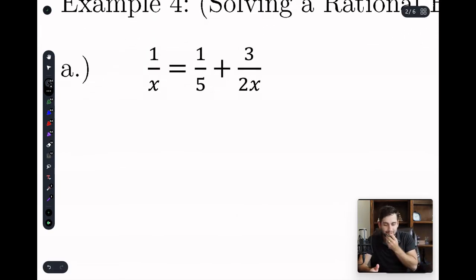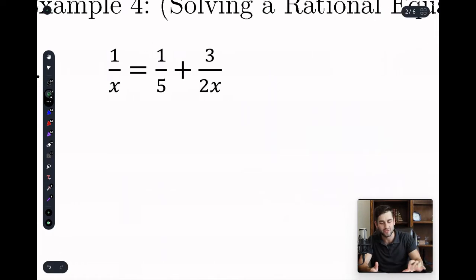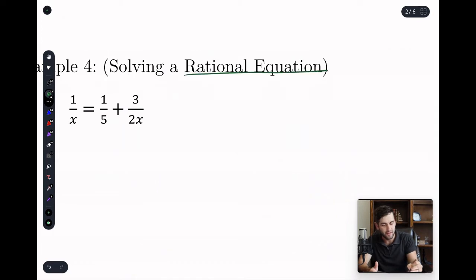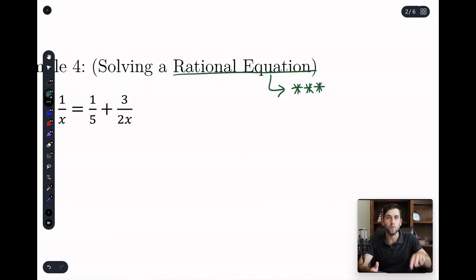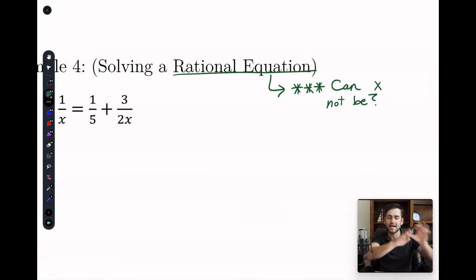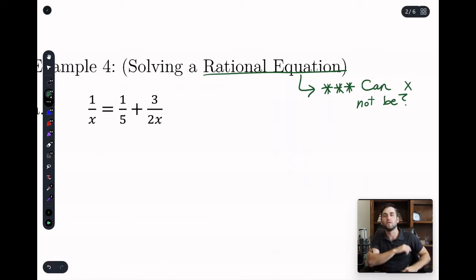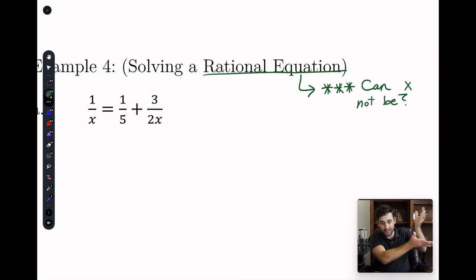Zoom in real big. All right, so the first thing I'm going to make a note of, every time I see a rational equation, actually, I guess I can put it right here. Every time you ever see a rational equation, I make this little note. Sometimes I do 3 stars, sometimes I do 1. And I say, what can x not be? There's some things, if there's an x on the bottom, then x can't be something, right? Oldest rule in the book is that when you're in like the 2nd grade learning division, the teacher always says, but you can't divide by 0, right?